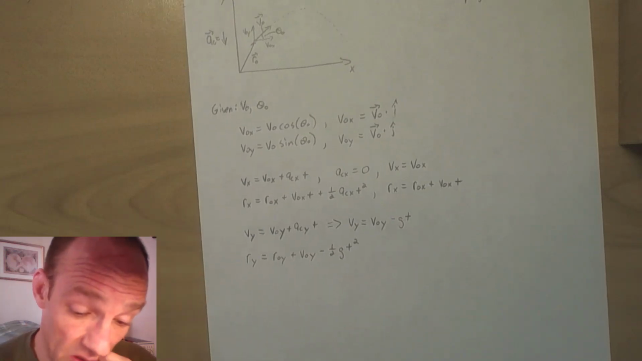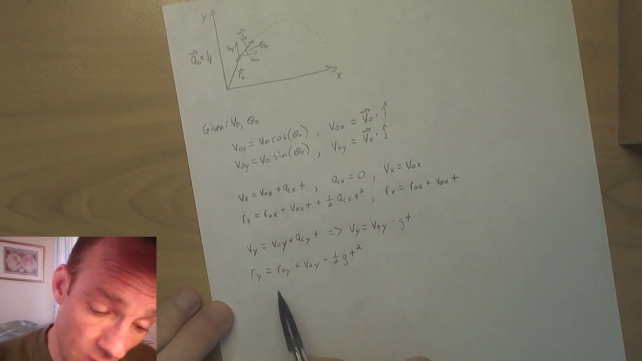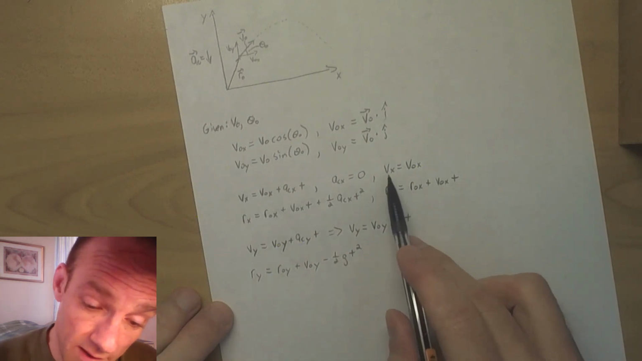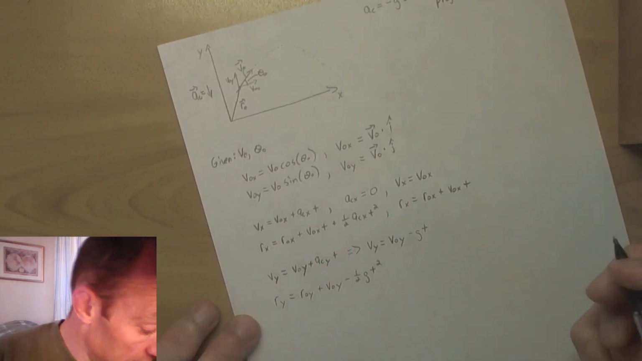And now eliminating the t variable is really only productive in the y direction, because in the x direction you just get vx squared equals v naught x squared. So in the y direction,